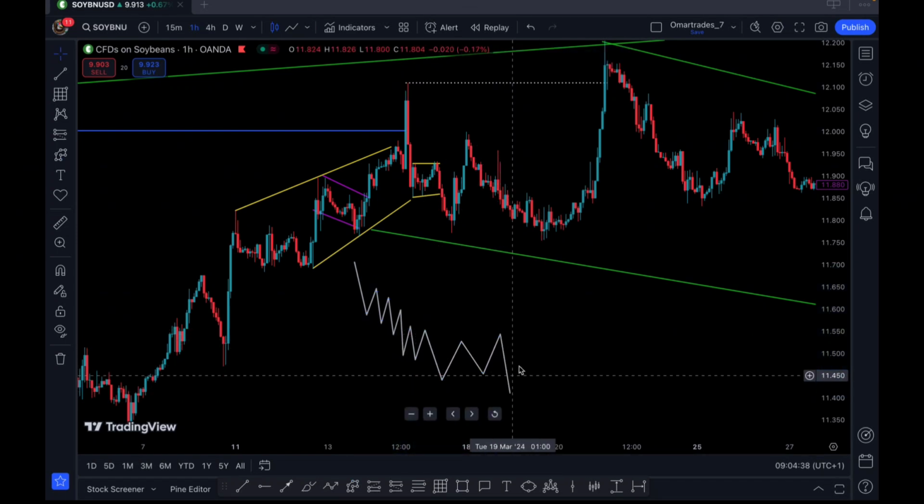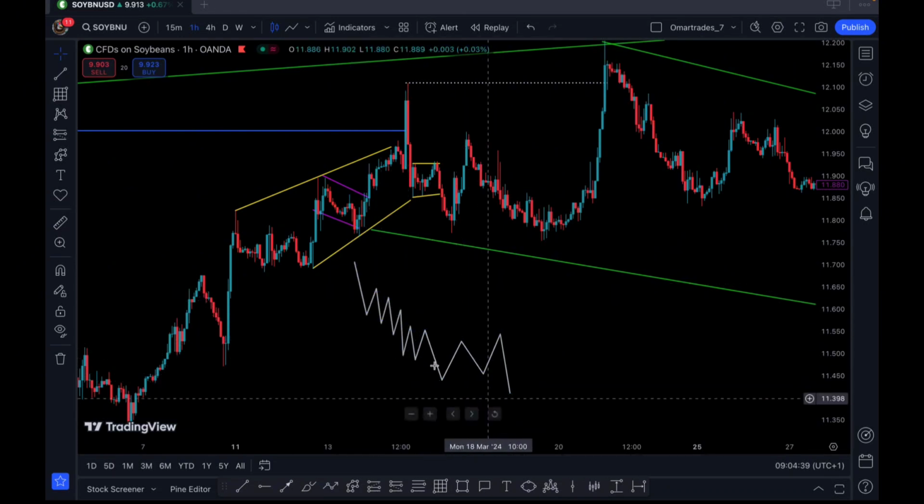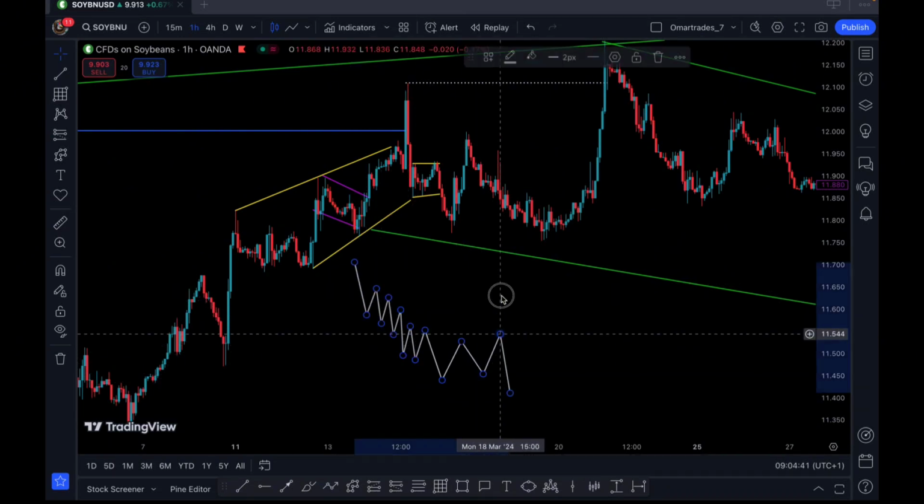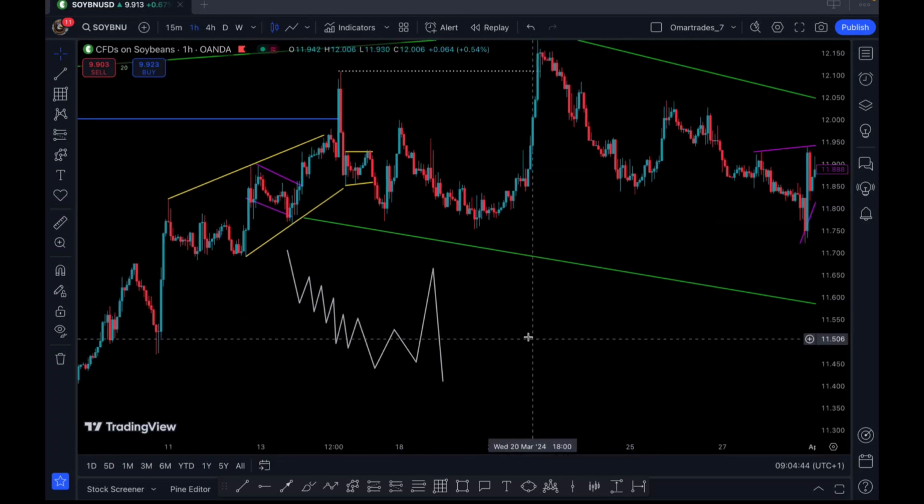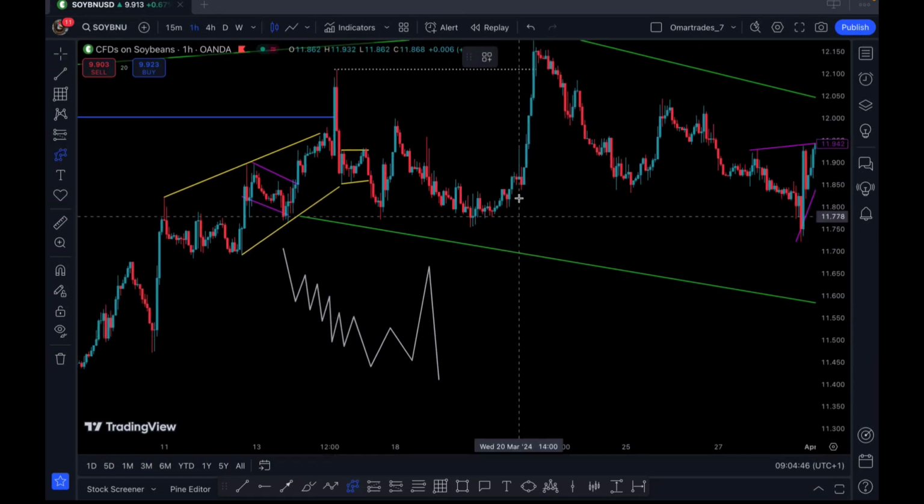No, you don't want to be taking something like this. Look at that, because this thing can be part of the squeeze to now go to the upside. So you don't want to be taking something like that. If you're going to take a type B setup that's going to be second flag, you want it to have